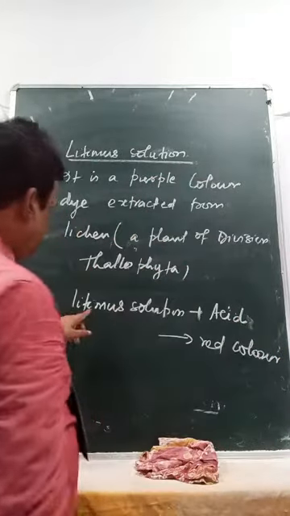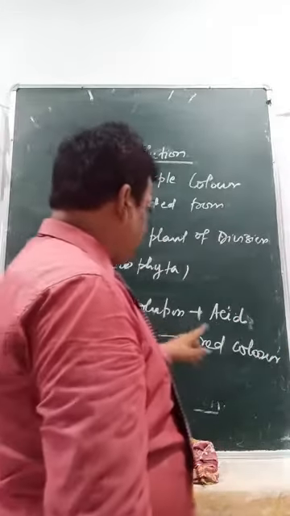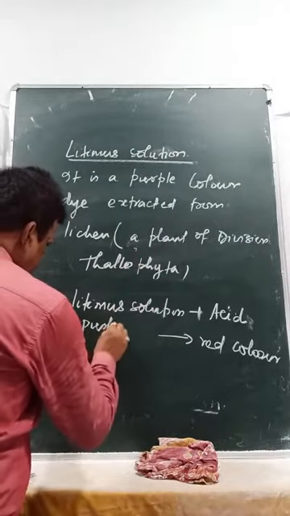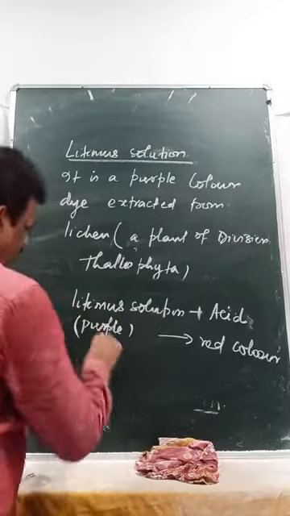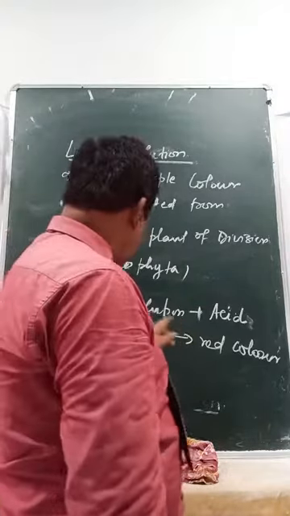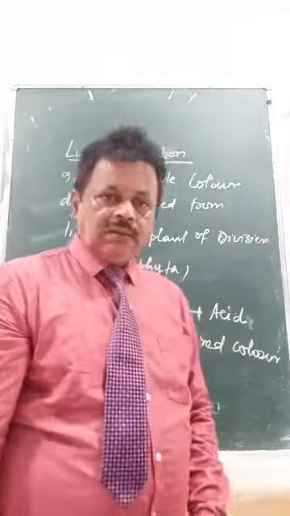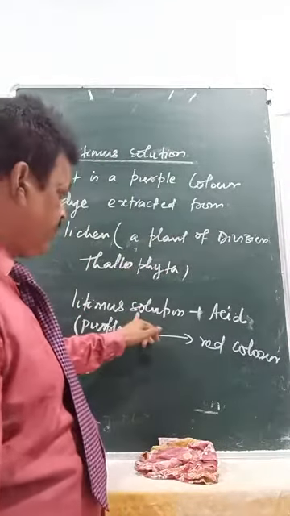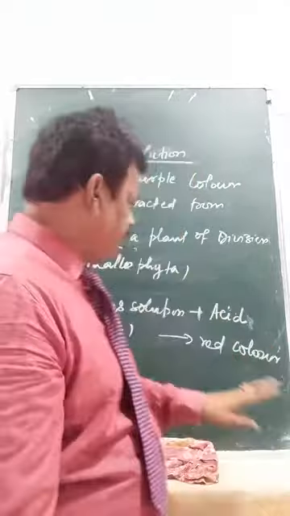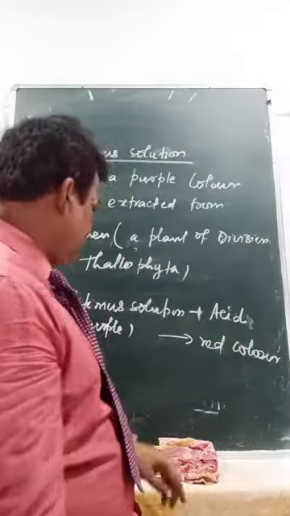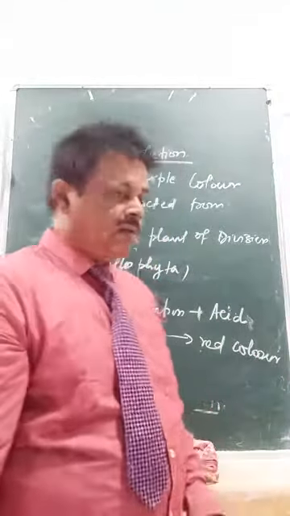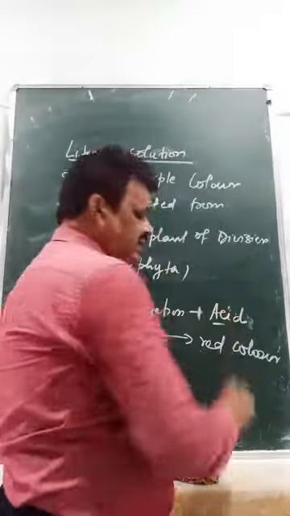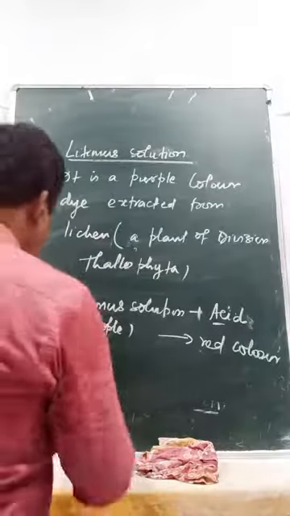Means the litmus solution, which is purple in color, when you add acid to it, the color changes to red. If you add acid to this litmus solution, which is an indicator, and it gives you red color, then the substance which you added is called acid. Similarly, litmus solution,